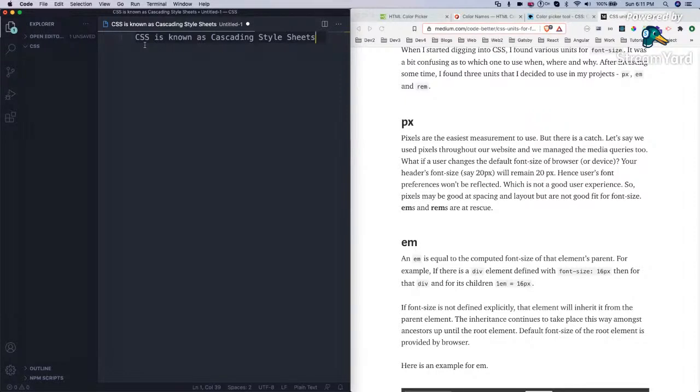Generally, the designers give you designs in Sketch or something, and you have to develop the CSS in a production-level project. Most people hate doing CSS because the developers find it a bit tough, but some people find it very useful, very easy, and you can build your whole career with only HTML and CSS. You don't even have to go for JavaScript. You don't even have to go for React. I was talking with a designer yesterday, and he has built a whole freelance career with HTML and CSS only.